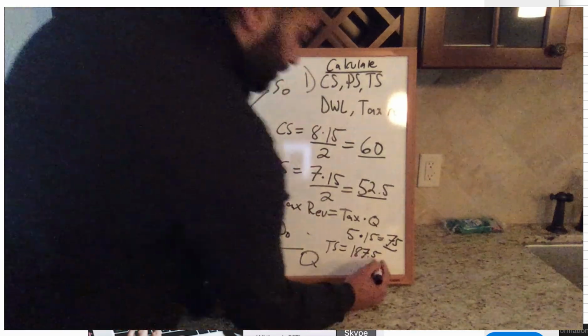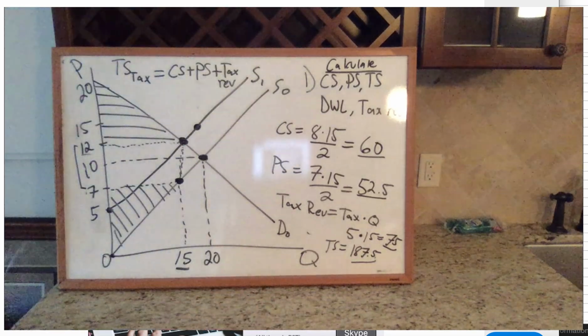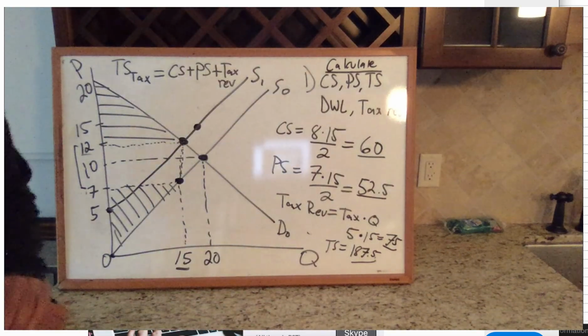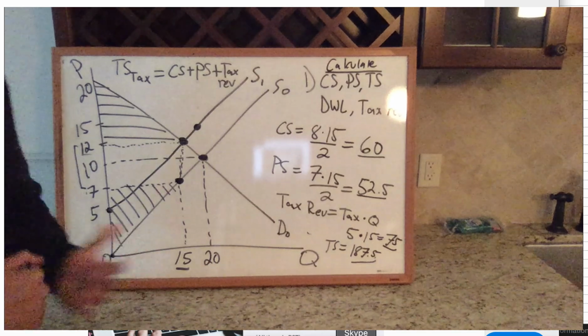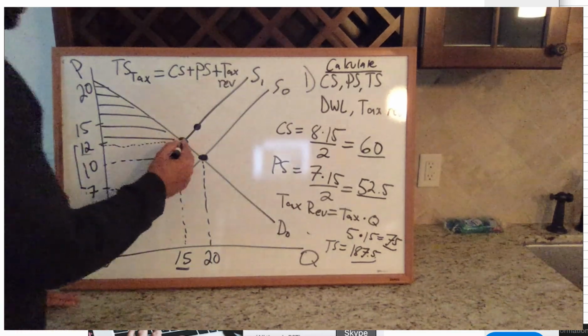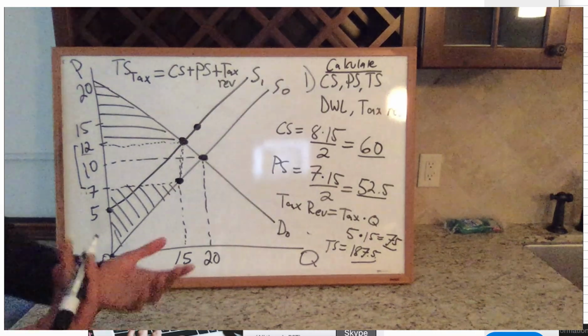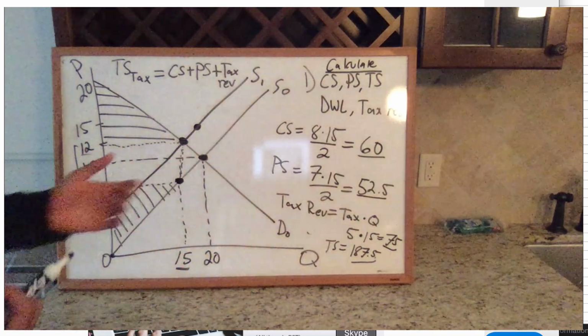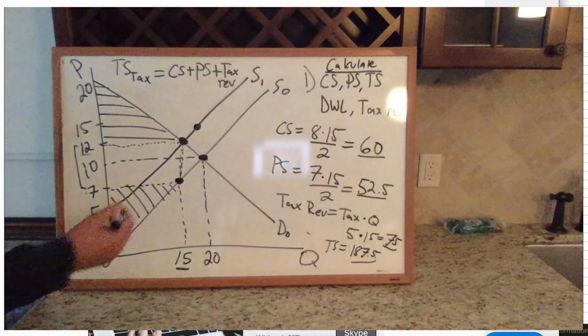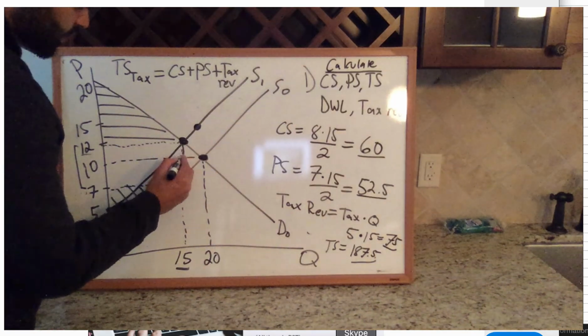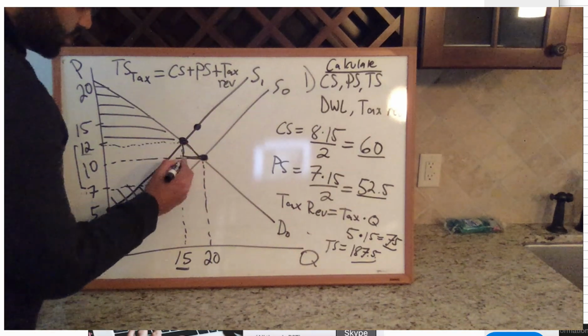So that's what the answer for that is. Now, you're going to calculate the deadweight loss. In class, I had students that would just calculate the area of this overall triangle, which is not correct. Now in class, we were fortunate enough to have a 50-50 tax. In this case, it's not the same. So you're going to first calculate the area of this triangle here, and then this triangle here, and you're going